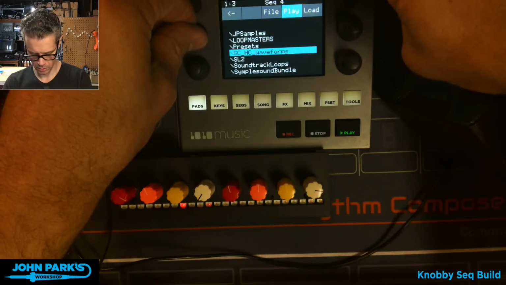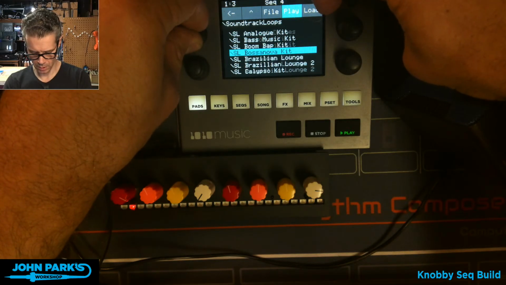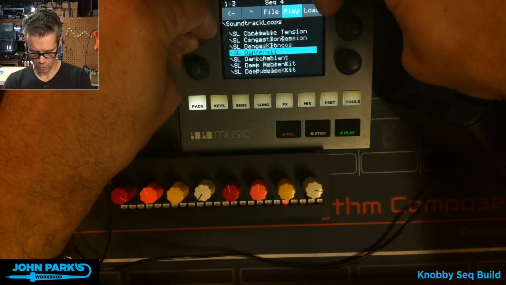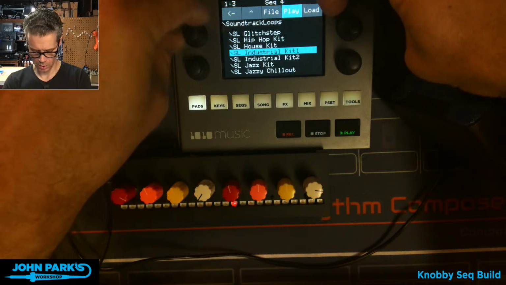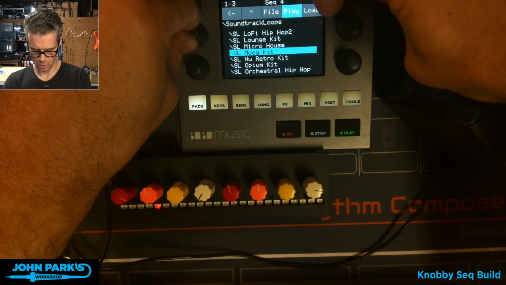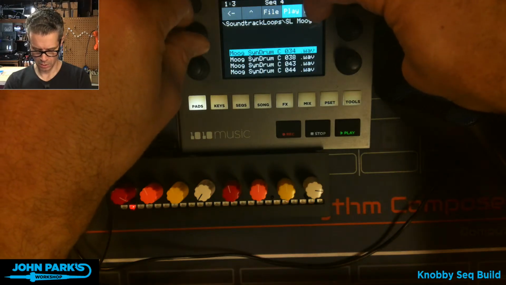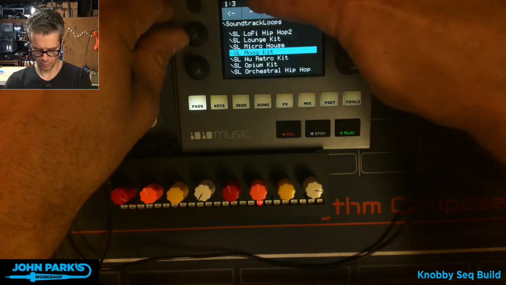How about soundtrack loops, acoustic kit, bass, okay. These are a lot of drums. Moog kit. Nope.